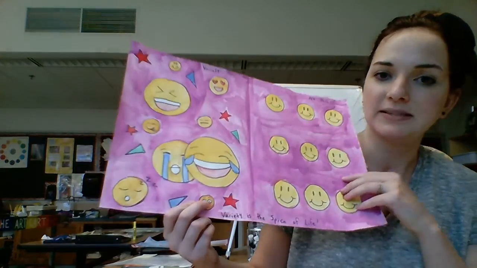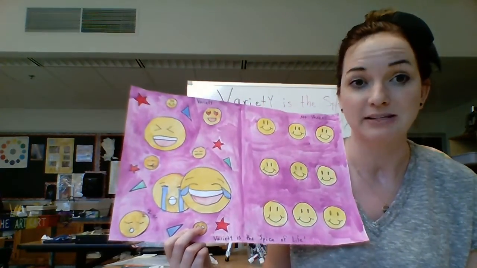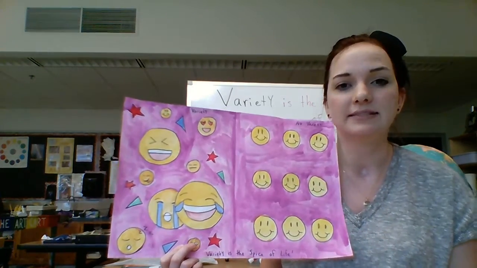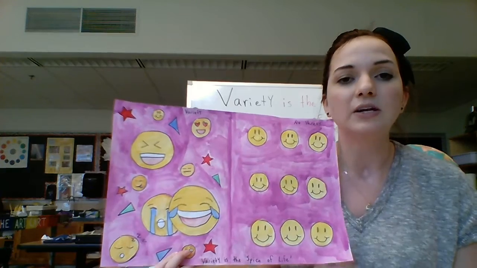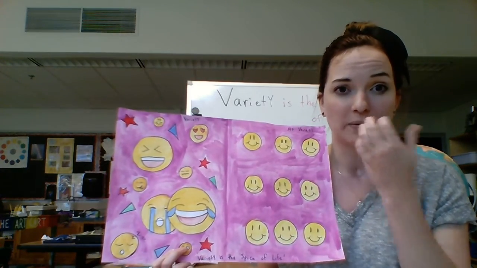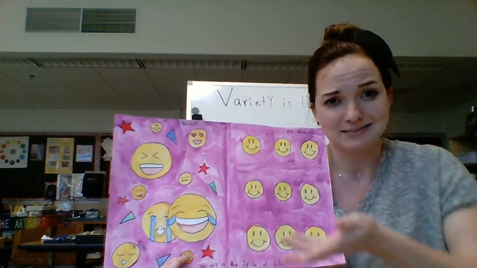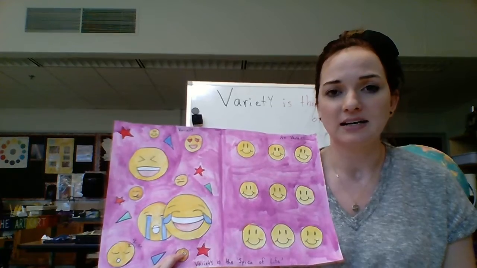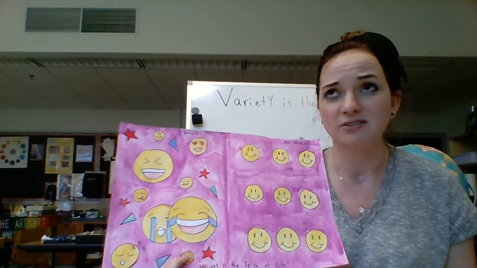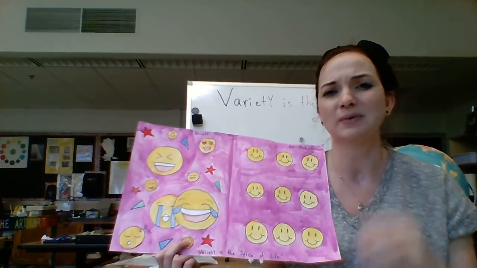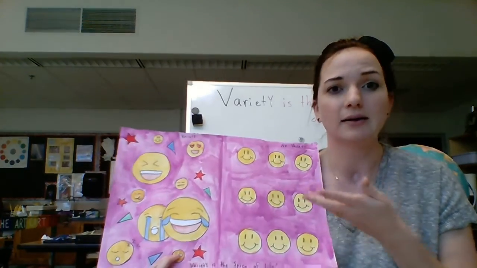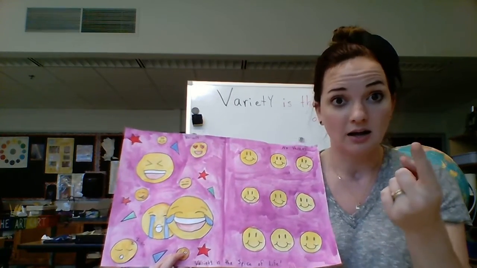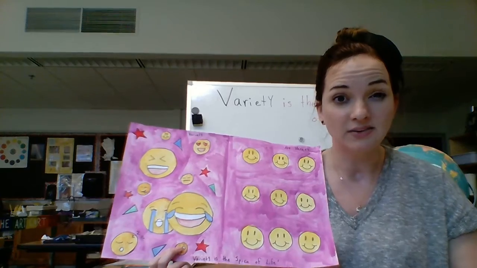I wrote down here, if you're wondering what this says, it says variety is the spice of life, to remind myself. All right, so this side, no variety, draw the same thing again and again. When you color it in, remember it's the art room because it's in your home now, so just use whatever you've got. I used paint, but you can use markers, crayons, colored pencils, gel pens, whatever you're using to color things in. Go ahead and color in one side of your paper, right? If you don't have tools to color in, call the school and ask for Kristen O'Neill. That's me, all right?